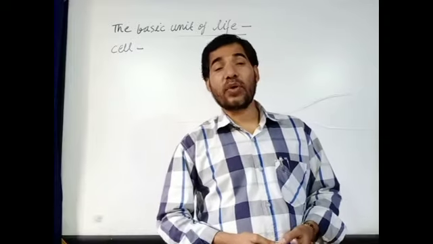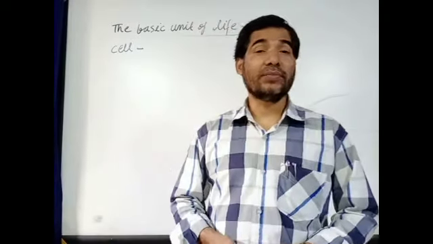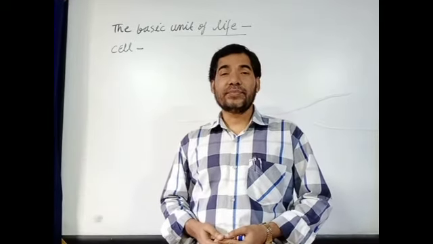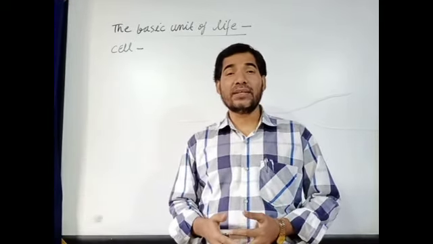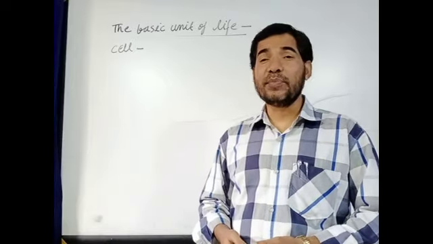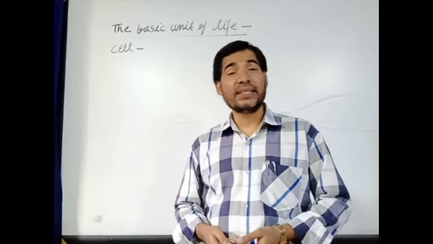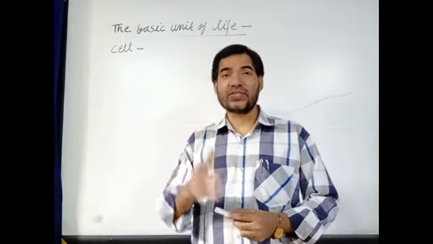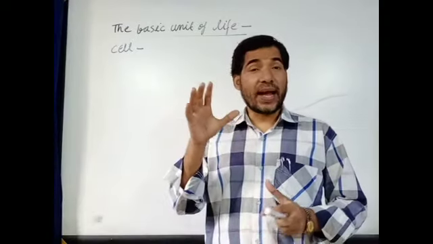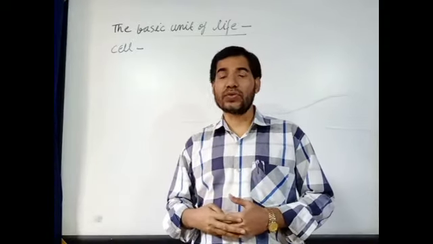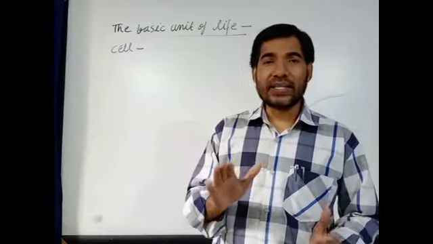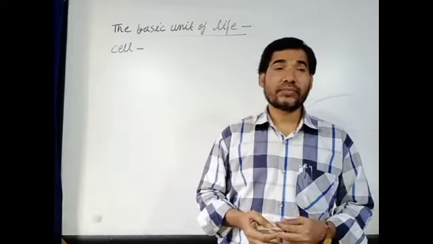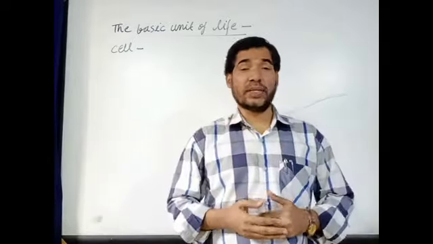Now we have to discuss cell wall. What is cell wall? Cell wall is present in plant cell only. It is a thick, dead, outermost layer which is present in plant cell. In animal cell, cell wall is absent. Whereas cell membrane is a living, elastic and thin structure. But cell wall is a thick and dead structure, hard also. So we can say cell wall is present in plant cell only. It is absent in animal cell, but cell membrane is present in both types of cell.